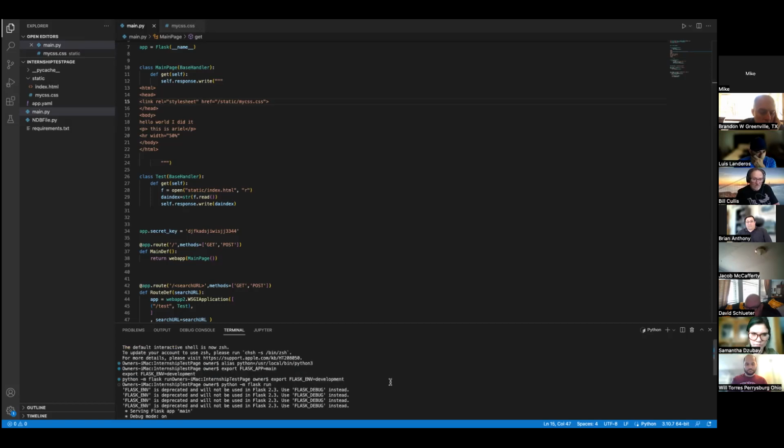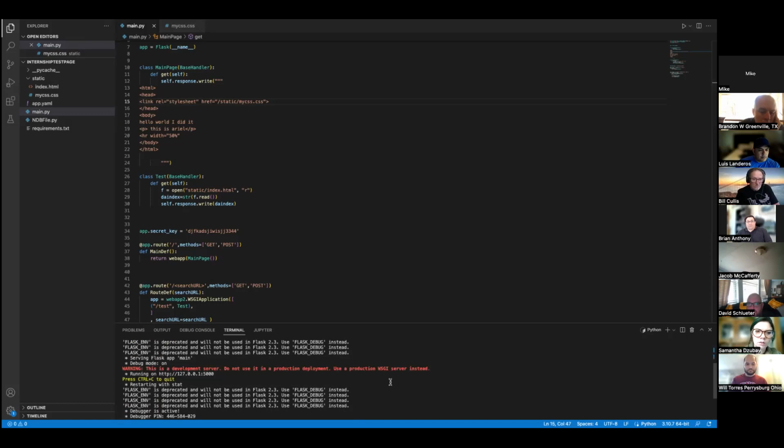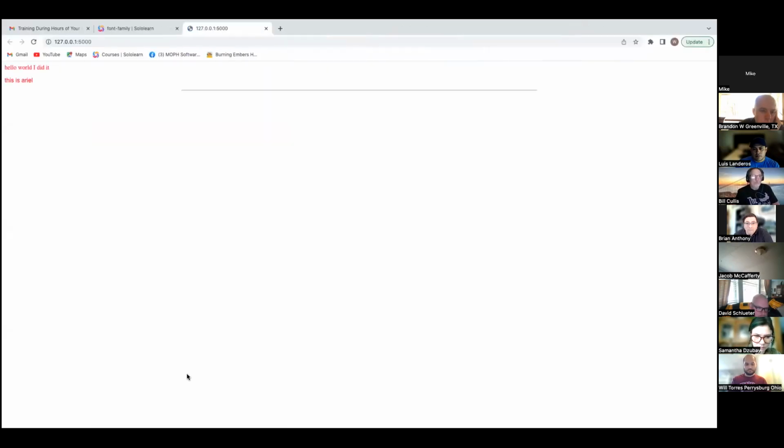Where'd it go? Well, you clicked it, so it's probably open in your browser. Oh, there you go. And you can see that one's the default and the other one's Arial. Honestly, I don't remember what the default is for the browser, but anyway,